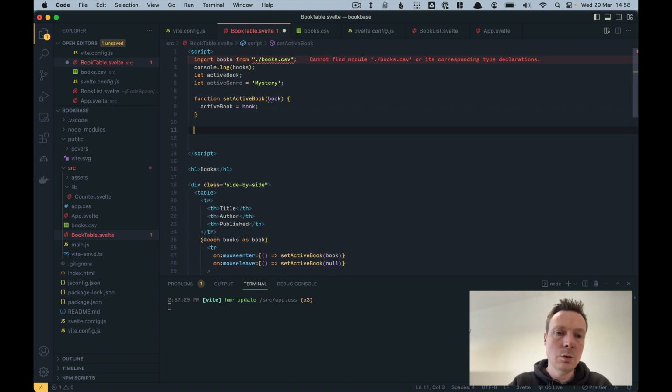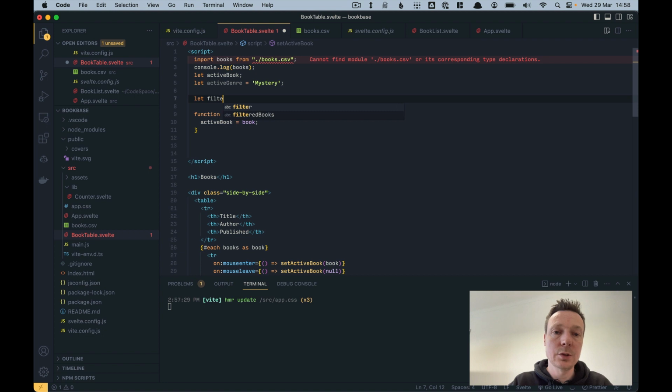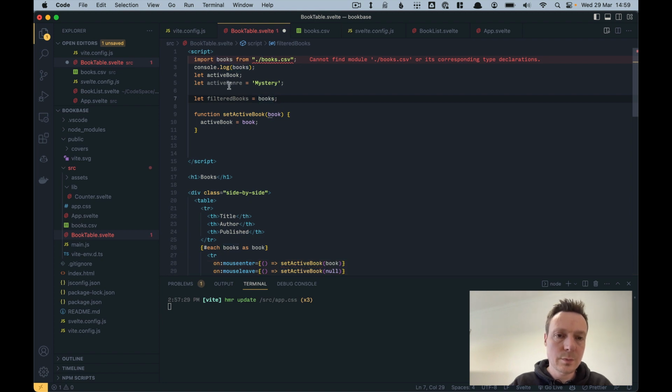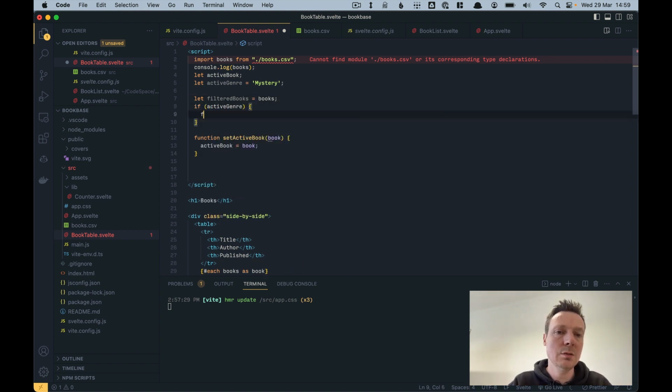So we're going to make a new variable here. Let's call it filtered books. What that's going to do is go over all the books, but then filter based on whether they are part of this active genre or not. So we're going to say books. Well, first off, if we don't have an active genre, what do we do? So we're first going to make them all equal to books. Now we can say if we have an active genre, so if the genre is active, then we can actually say